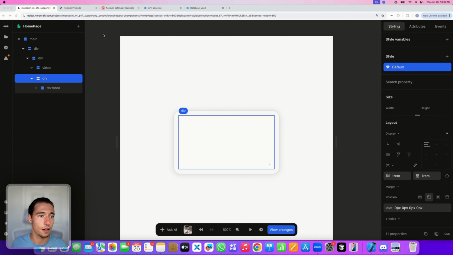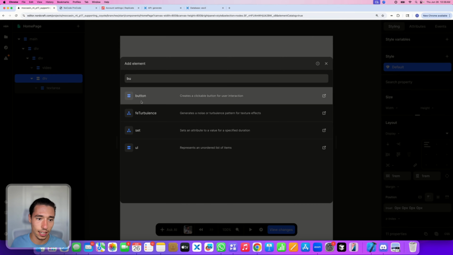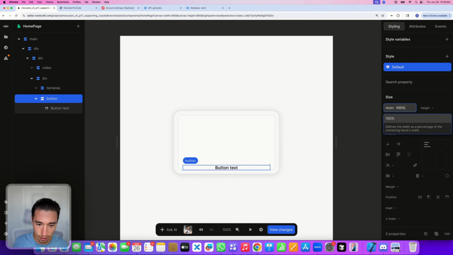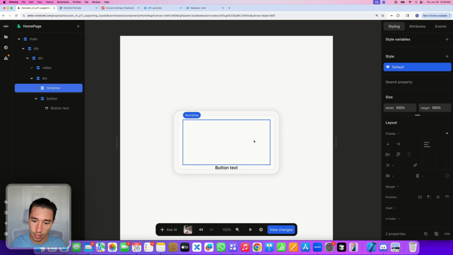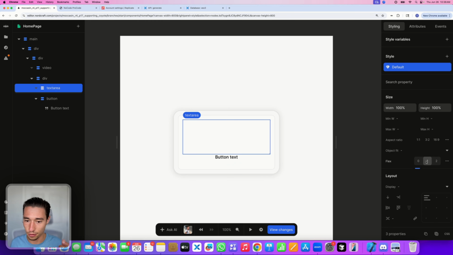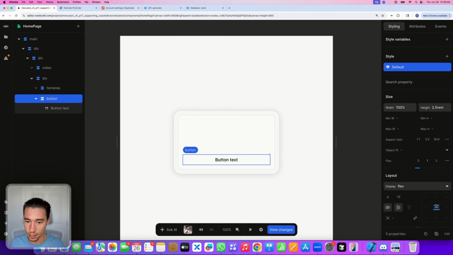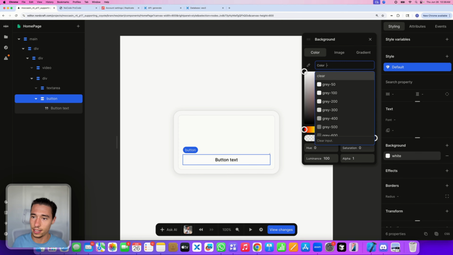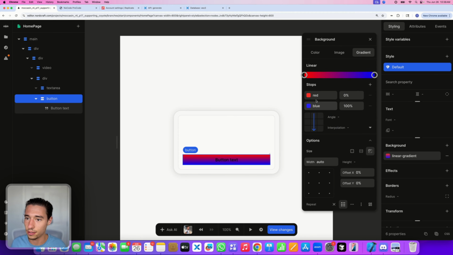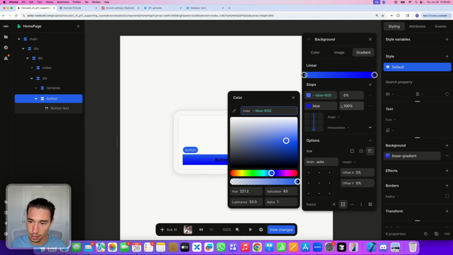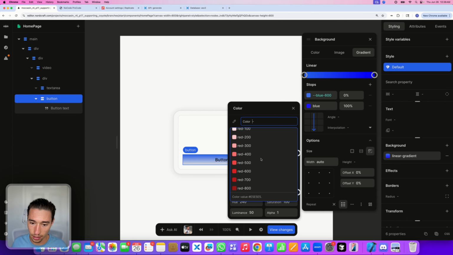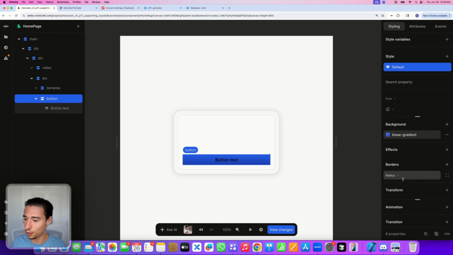Then inside of this div, I'm going to add a button so we can click on generate. And that button will have width 100%, height 0.5 rem. And then in order for it to appropriately match, we'll make this flex 1 so it fits the content. We'll center it in here. And then this button, it's going to get a very nice background. We're going to give it some cool gradient. We'll take some blue, some like 600 blue, and then it'll go into like a little bit of a darker blue. It'll go into like an 800 blue. Look at that. And then we're going to give it a 0.75, 0.5